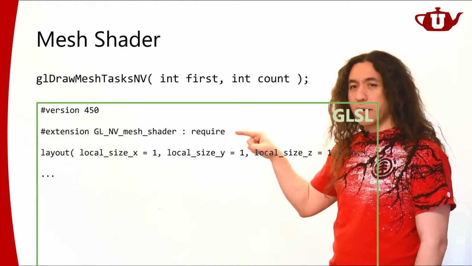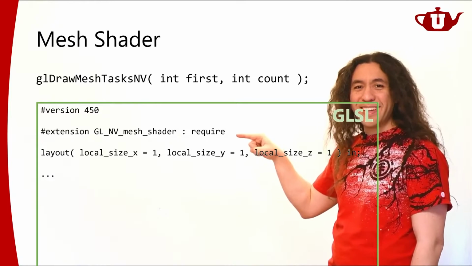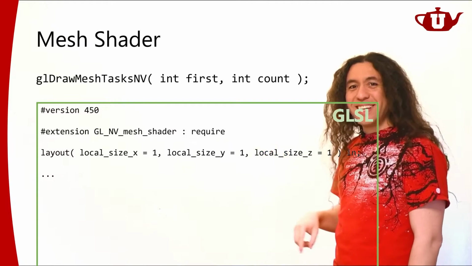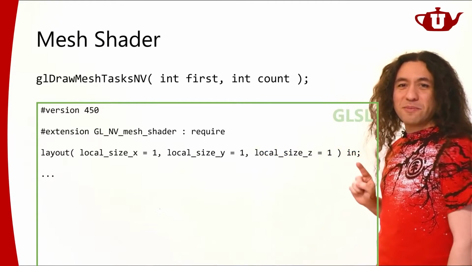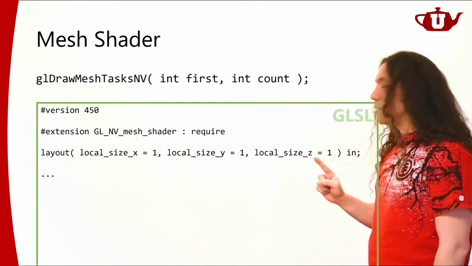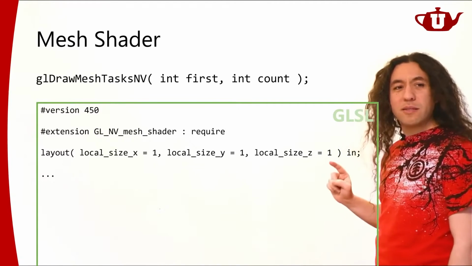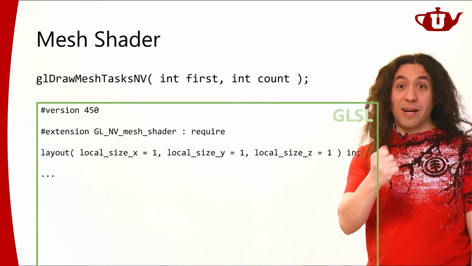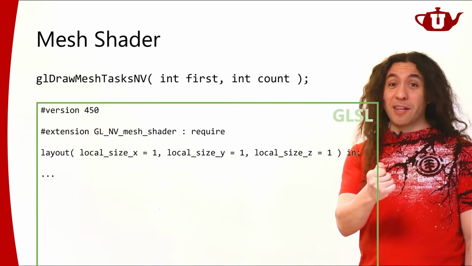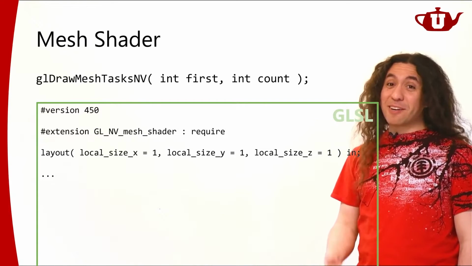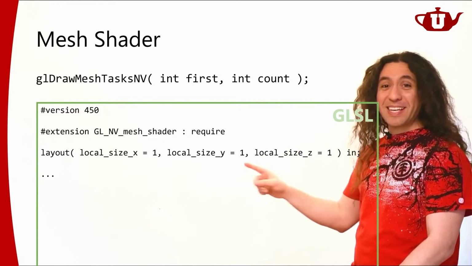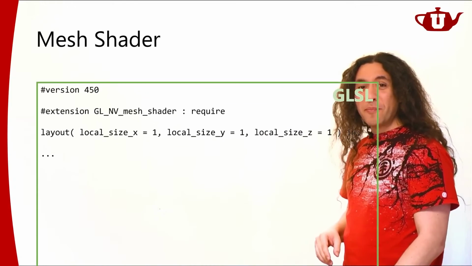Of course, I'm saying I need this extension. This is the OpenGL version, but I also need this extension. And then it's the same thing that we had in the compute shader. This is really bad. I said 1, 1, 1, basically saying I just need one thread. I probably have 32 in a warp, so the other 31 will just be sitting idle. Probably not great. So not good at all. Don't do this. But it's a simple mesh shader example.